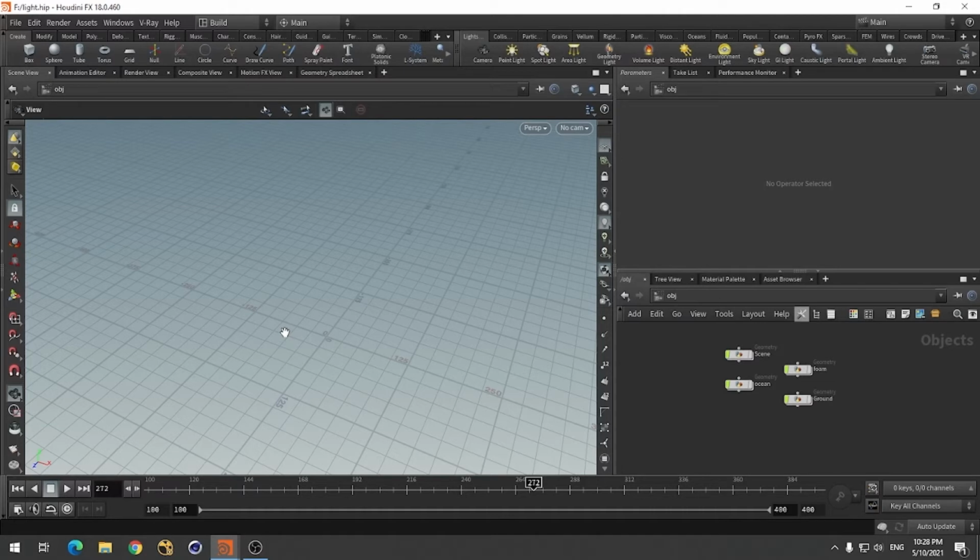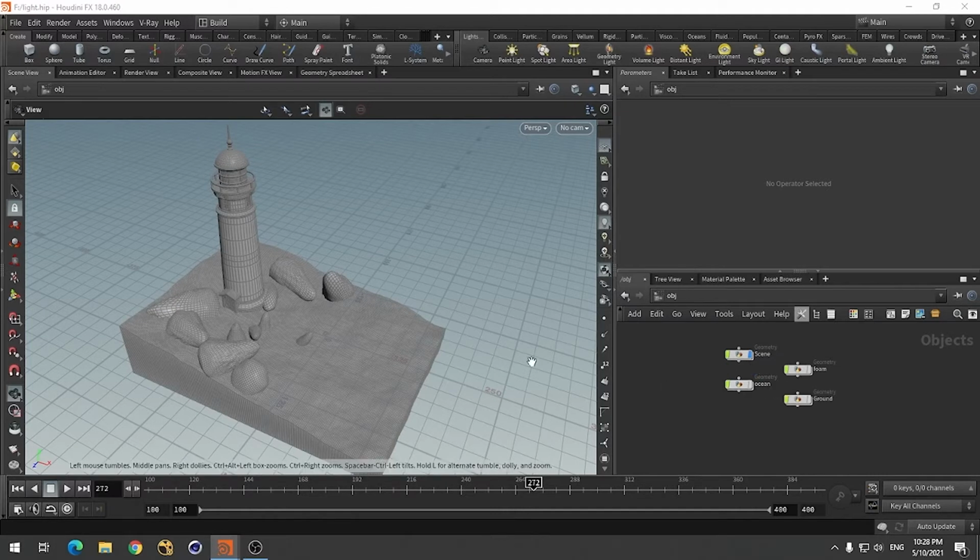If you know some basic rendering software like Arnold, Redshift, Octane, Mental Ray, any rendering software, you know these terms. They are almost common, and if you have some knowledge of these lighting and shading techniques, you can create your best results. So for this I am using this scene which I have created,